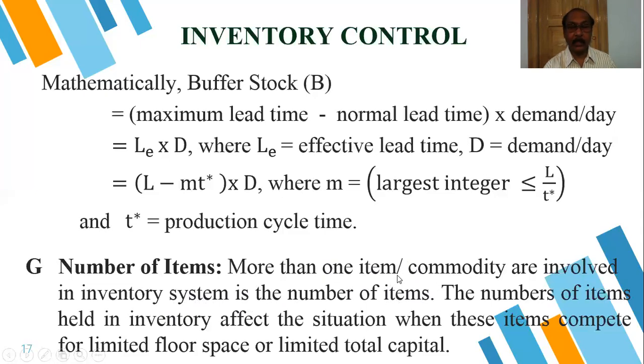Also the items we need as consumables. That means repair and maintenance items are also needed at the factory level. Office consumable goods are also there. That is also under the items in the inventory. Stationery goods are also included in this, and this is also considered a capital item.